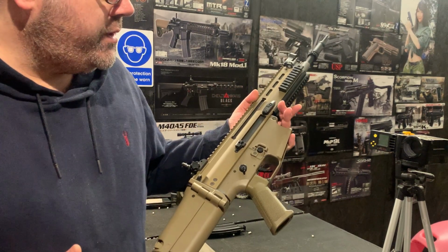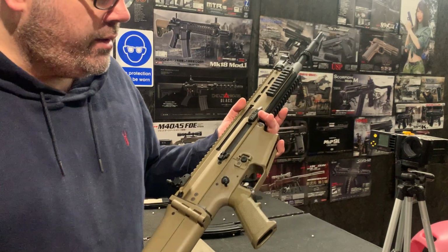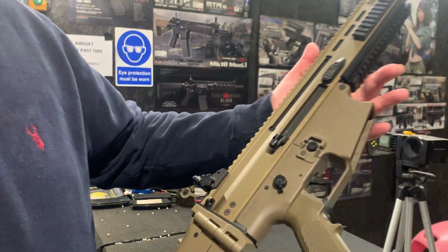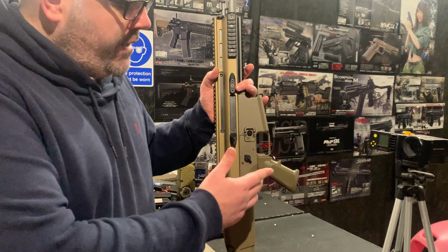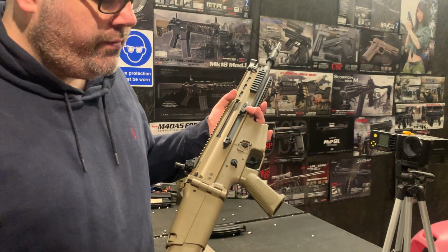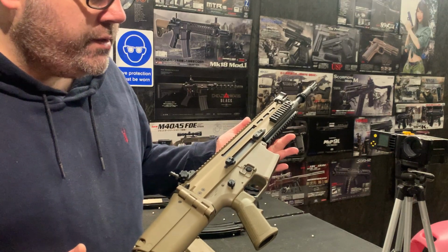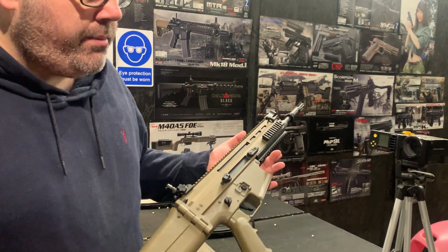so obviously every single Prometheus part fit that we can fit in there, including the custom black trigger, which you can see on there. So it sets it off nicely. We've also got the Action Army 35k motor. We've gone with the double torque gears inside there from Prometheus, and like I say, Prometheus air nozzle tappet plate,